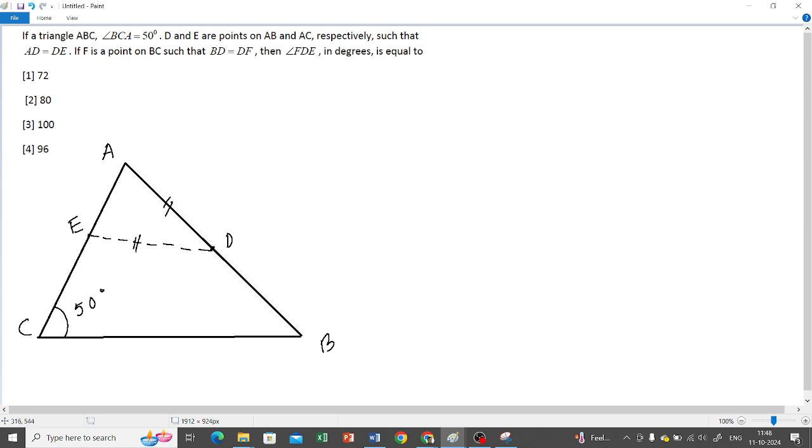F একটা BC এর উপর point, such that BD is equal to DF. Then angle FDE বার করতে হবে, এটা জয়েন করে দিই।